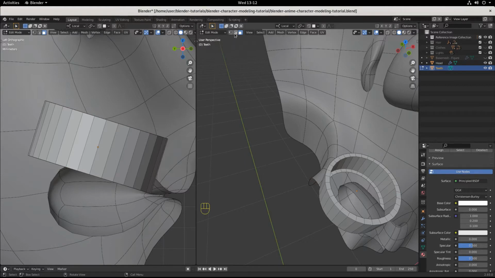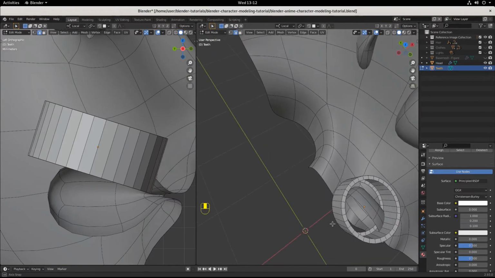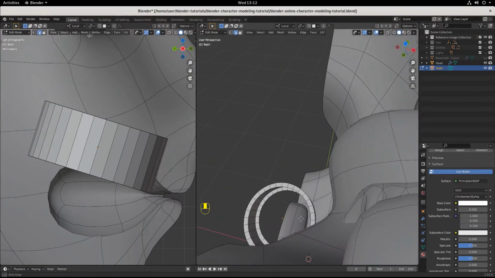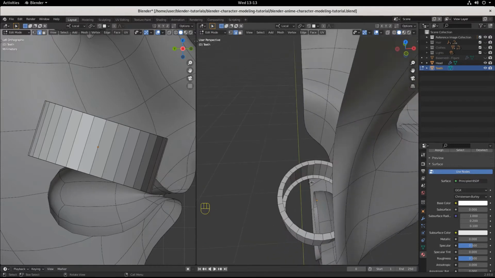And then with edge select, we want to pick two, and we want to make sure they match. That's really important. If you pick this one and this one, that's going to be weird. So you pick that one and these two, and then if you hit F, you're going to get an angle. So I'm going to Control Z out of that. You want to select an edge, and then make sure you select its corresponding edge, and then hit face to get that